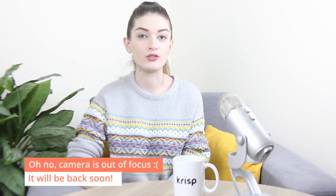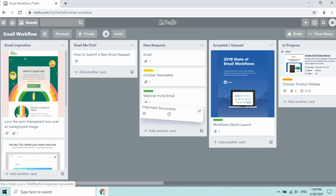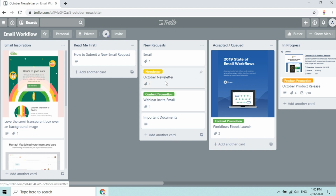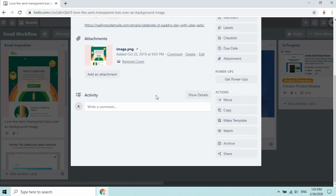Now we're going to move on to the organizing apps. Basically, we're going to start with Trello. And I think you may have heard about Trello, and if you haven't, it made Kanban boards a thing. It's just really easy to use, really easy to visualize what projects you have going on, and it's really easy to see who is working on what, because you can assign cards and you can put a description on cards,